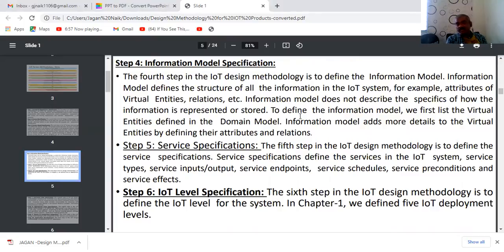Now coming to the IoT level specification. In this specification, the IoT design methodology is to define the IoT levels for the system. At what level we are going to be providing the concept of IoT deployment levels, that we are going to be designing in the IoT level specification.